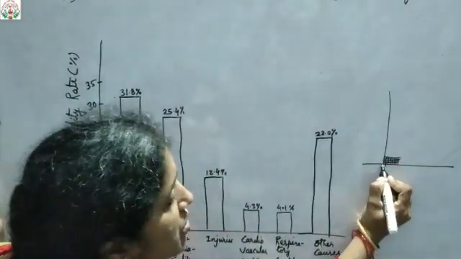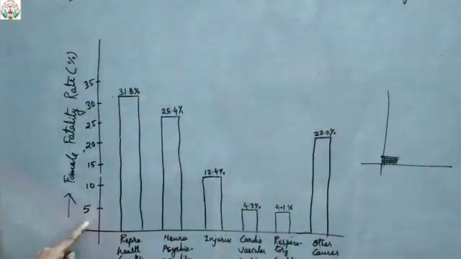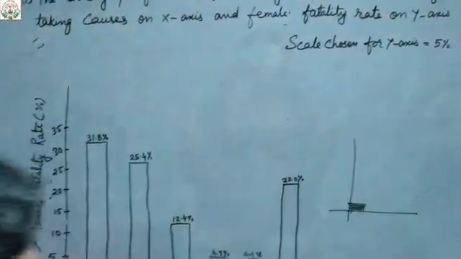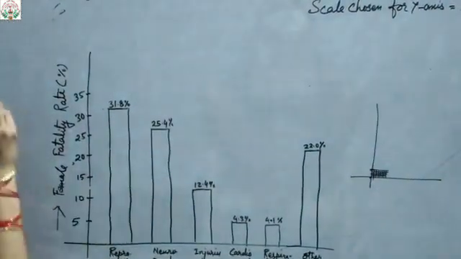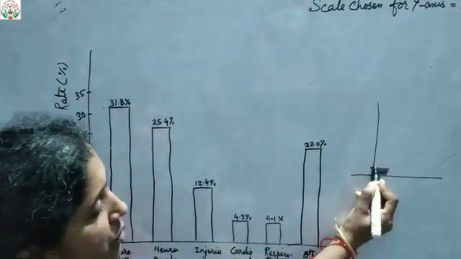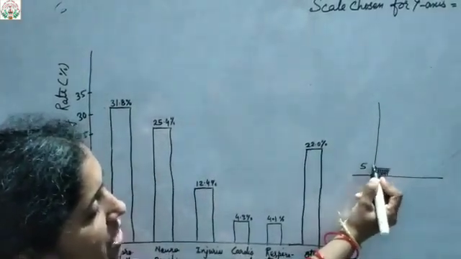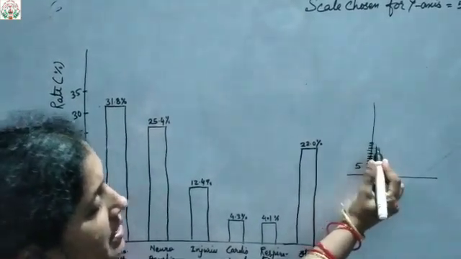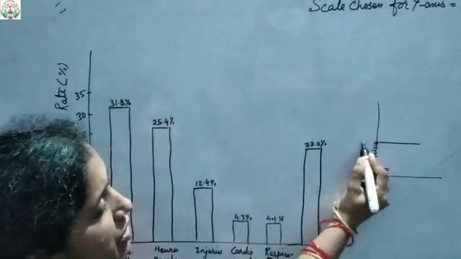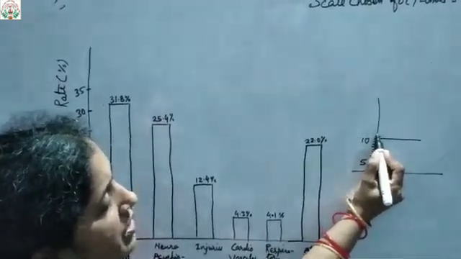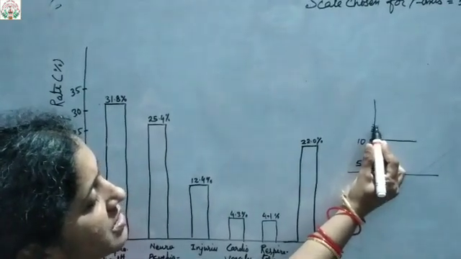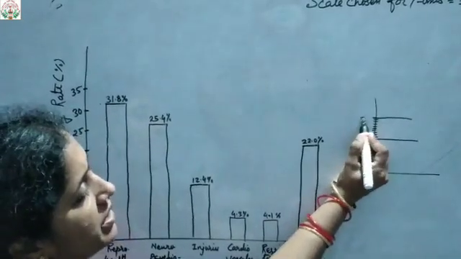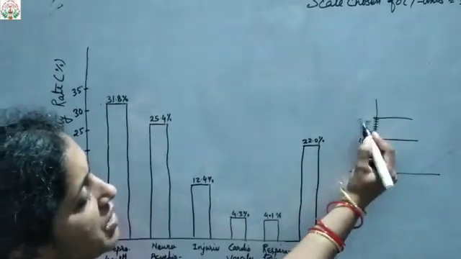So this particular 10 boxes gives you what? The scale chosen for the y-axis is percent. So this is 5%, 10% and so on. So the first big 10 boxes will be 5. Then again count 1, 2, 3, 4, 5, 6, 7, 8, 9, 10. Then one dark line might be there, so that will be 10. Then again count 10, then the dark line will cross likewise. So that will be 15 because of the 5 gap.